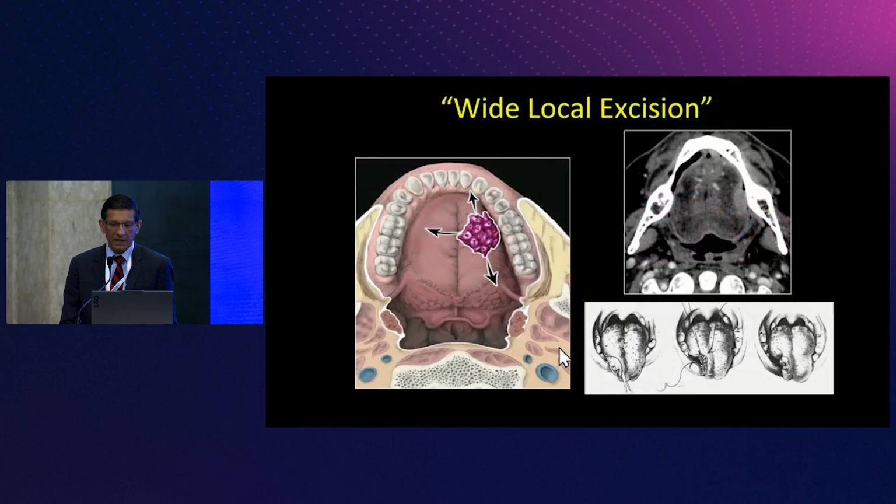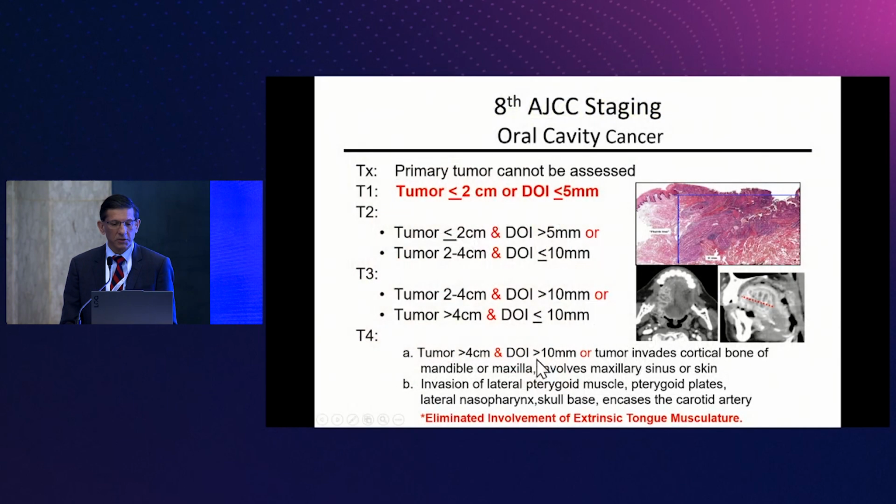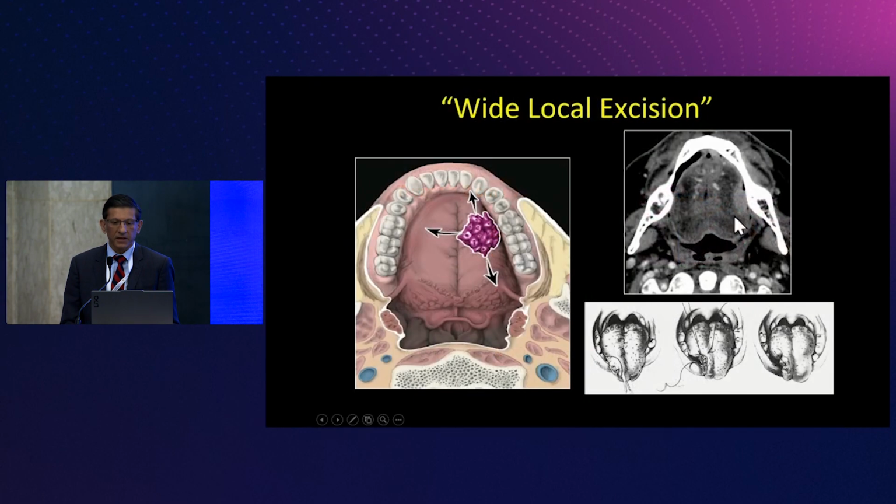As we look at these tumors, for instance this one right here, this is a lateralized lesion involving the oral tongue. This width right here is tumor width. It's not depth of invasion. If you start calling this depth of invasion, then all of your tumors are going to be T4 lesions, so please don't do that. The nice thing is that if we have a lateralized lesion that doesn't cross the midline, and these tumors tend not to erode the bone, then the surgeons can do a nice wide local excision and the patient is out of your office.